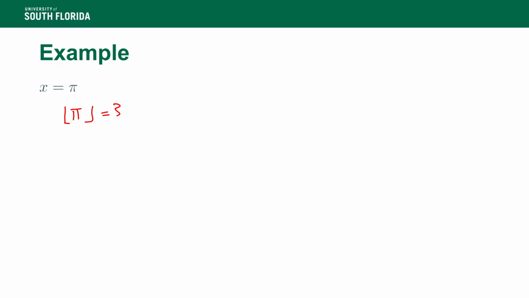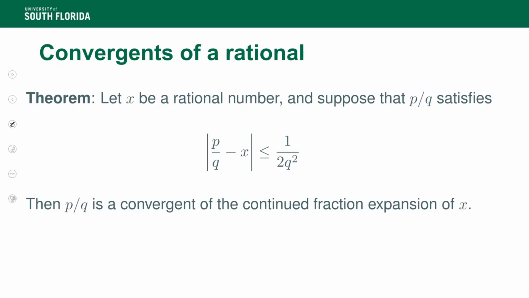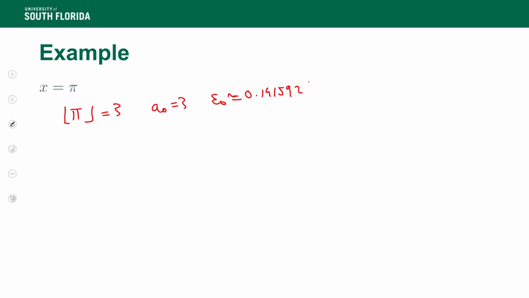And so what you have is a0 equals 3, and epsilon 0 is approximately 0.14159265, etc. Now, we have 1 over epsilon 0, which is 7, plus